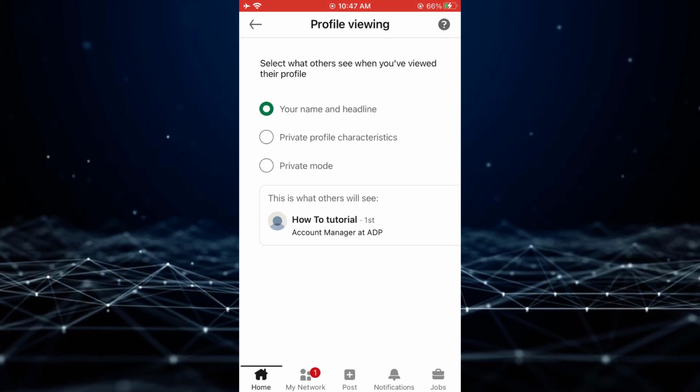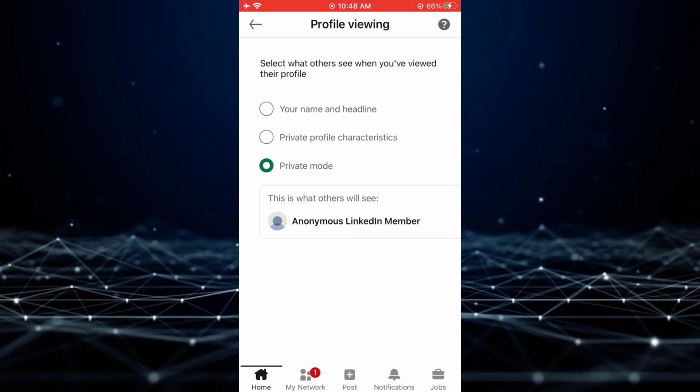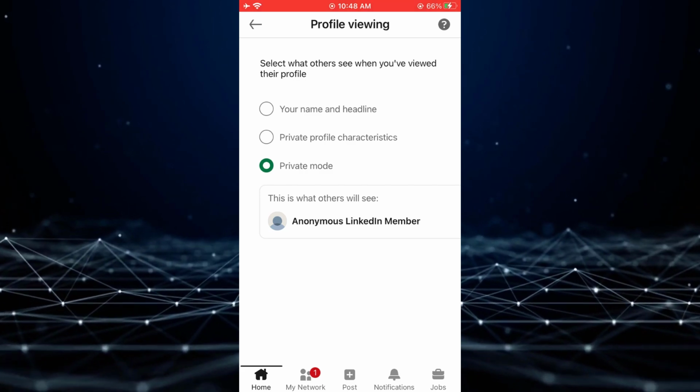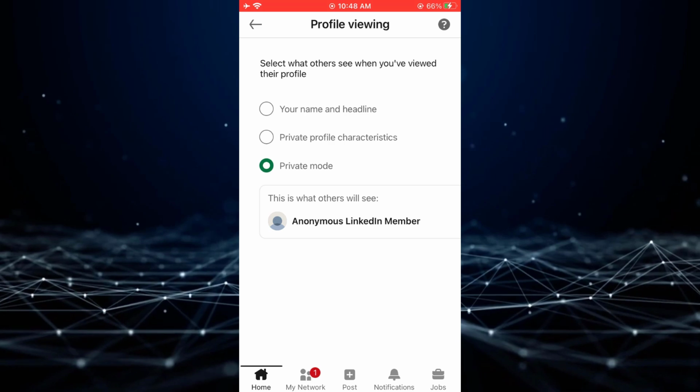To make your LinkedIn profile completely private, simply choose the Private Mode option. This comprehensive guide outlines the precise steps required to privatize your LinkedIn profile,